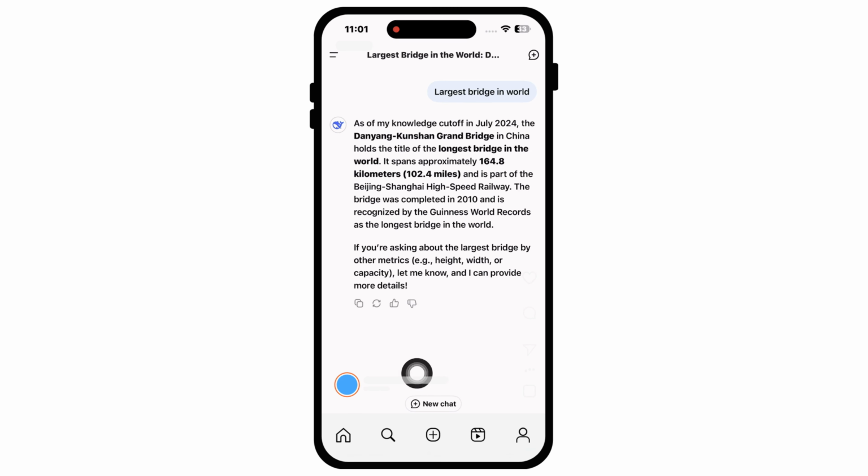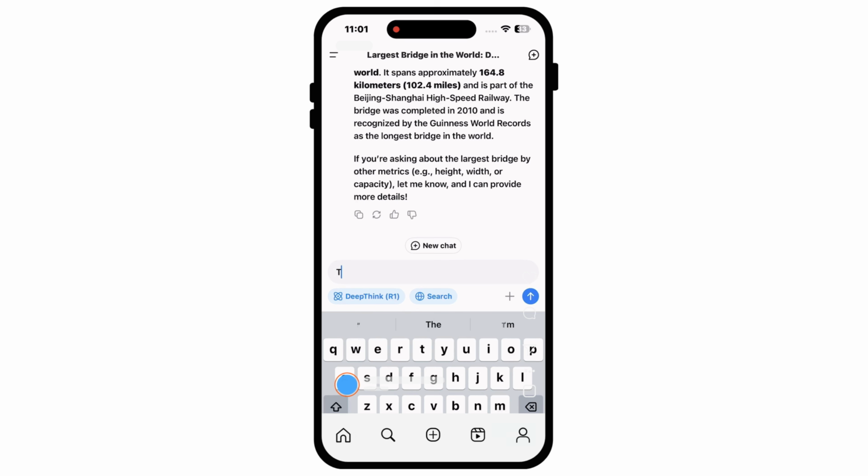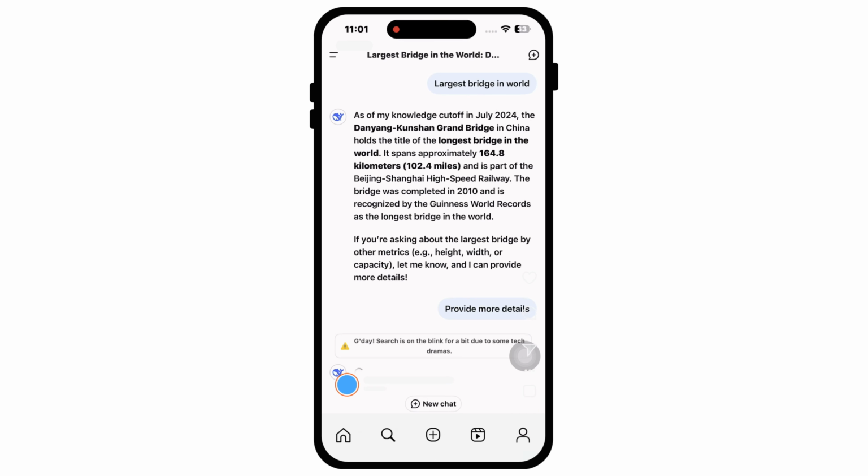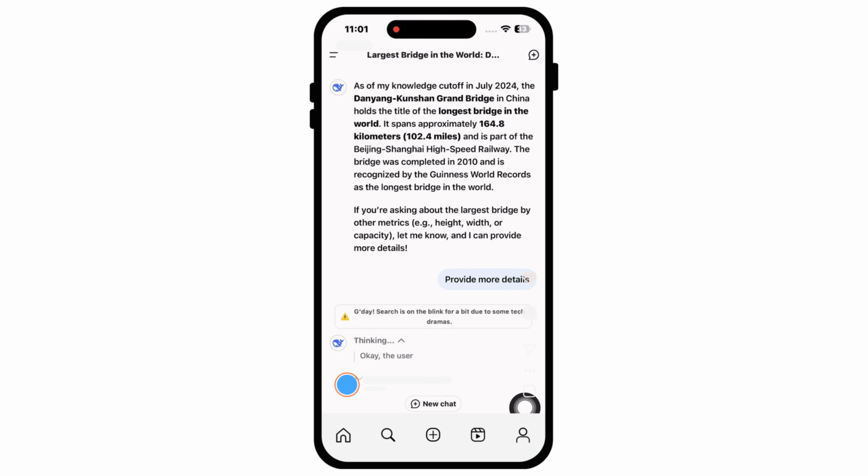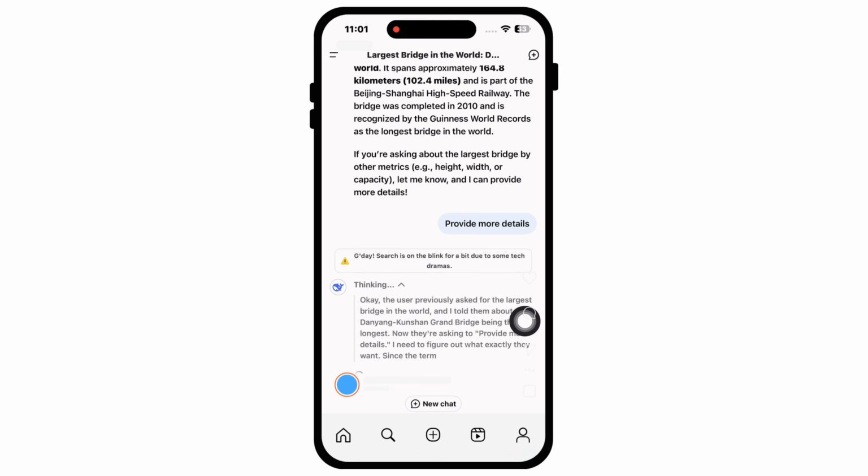For those more complex queries, there's an innovative feature that truly sets DeepSeek apart, the Deep Think button. With a single tap, this feature activates a powerful AI reasoning model that delves deep into your questions, providing well thought out responses that feel almost like a conversation with a super intelligent companion. This advanced reasoning capability is available to you at no extra cost, making it a standout feature in the competitive